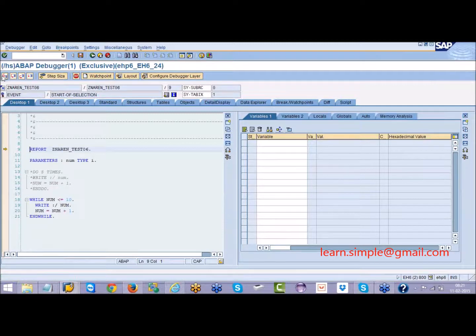Then click on F5. Now your cursor is coming here. That means it is checking the condition. Num, what you have given? You have given 7 in the selection screen.